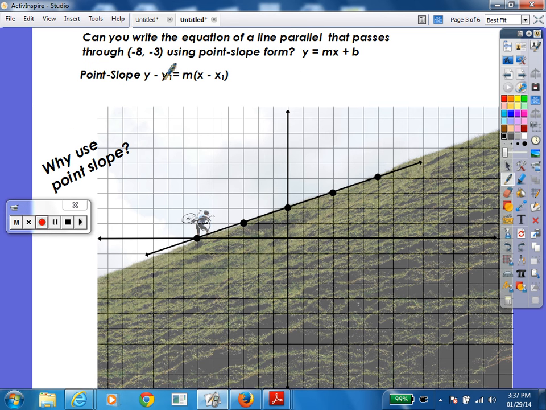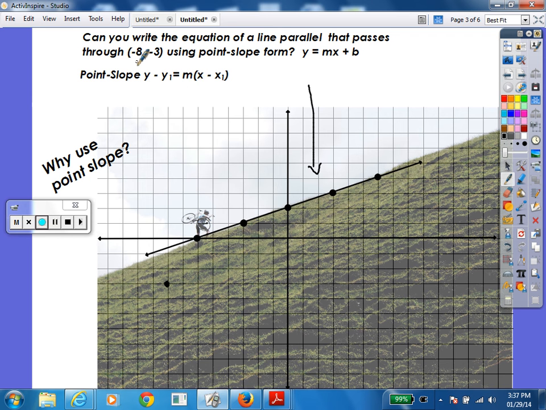Now, here's what I have asked. Can you write the equation of a line parallel to this line right here that passes through (-8, -3)? So (-8, -3) is here. Now, I asked you to use the point slope form, and this is the point slope form. So we have our point right here. This is the point we're given,